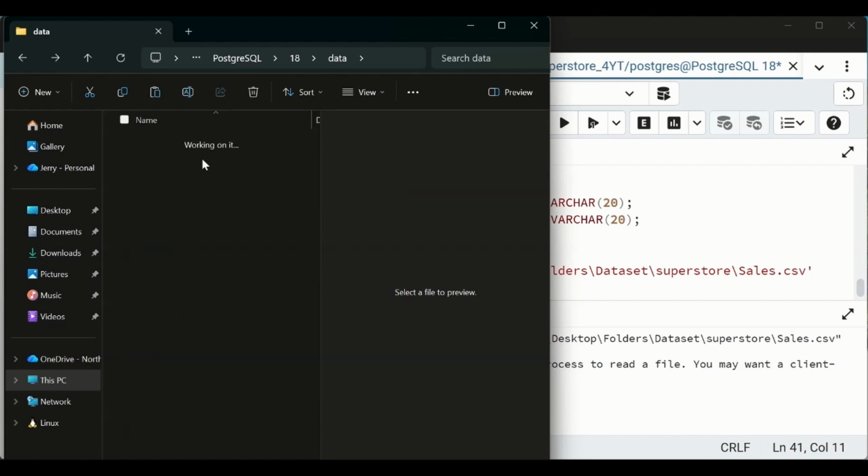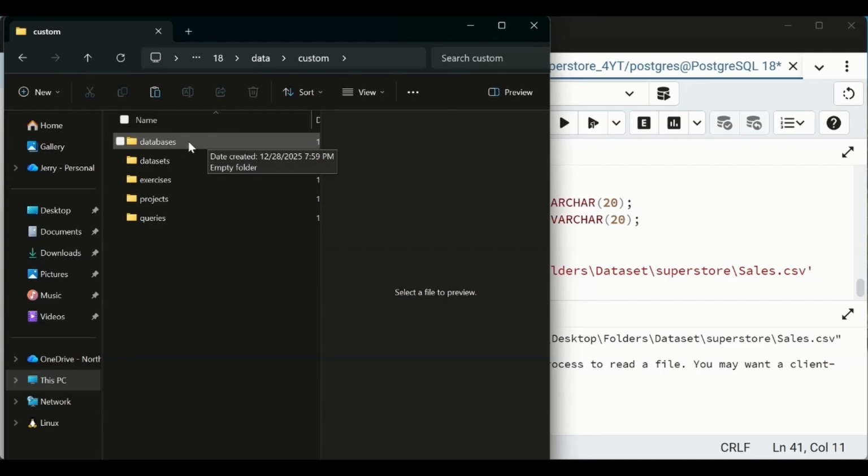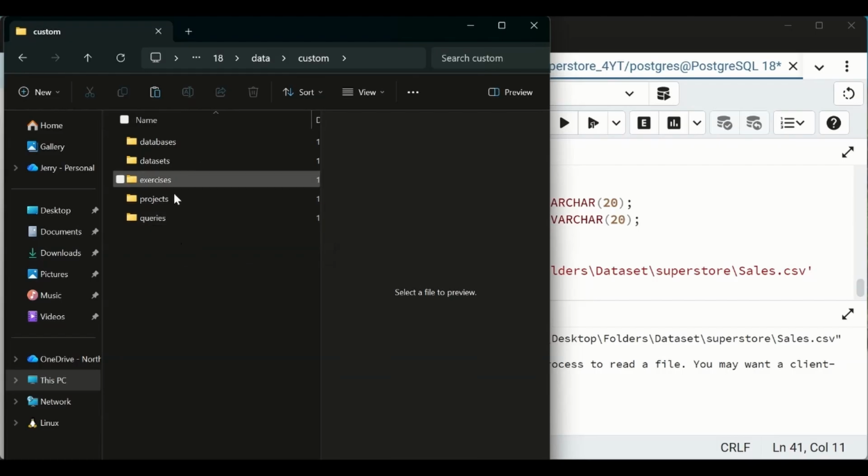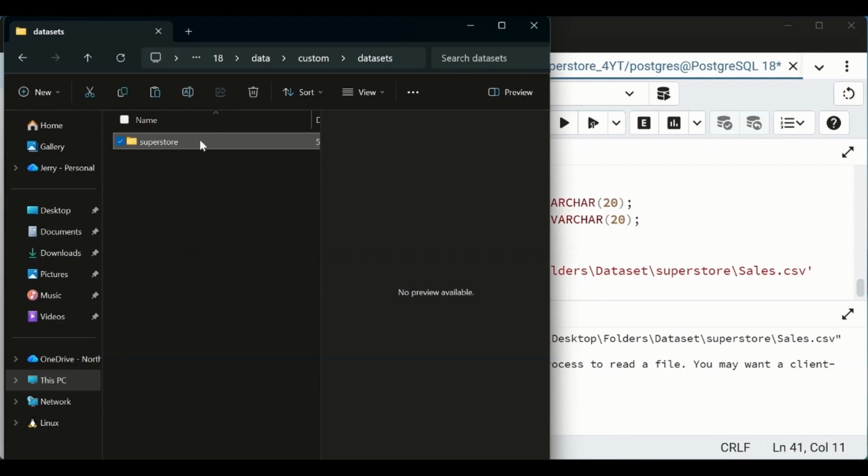Inside there I have databases, that's SQL files, datasets, exercises, and project queries. So queries as well that you save. This is where I save my queries. I just want everything to be organized, and that's why I save my queries in here. So I open dataset, which is the folder I created, empty for now, and I'll paste this in the folder I copied. Then I open the folder,